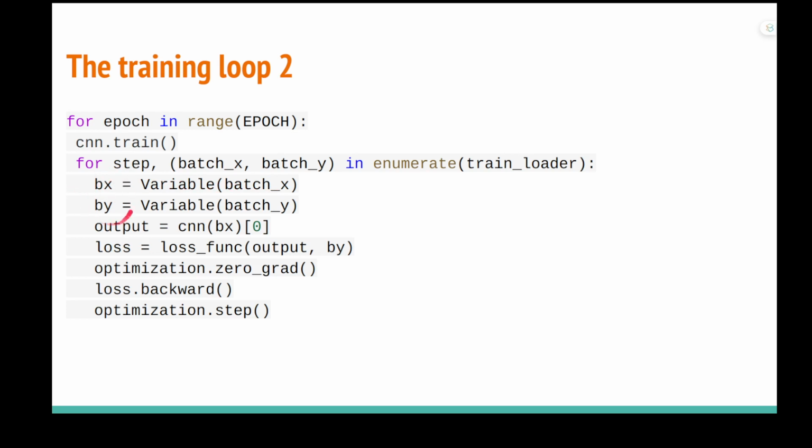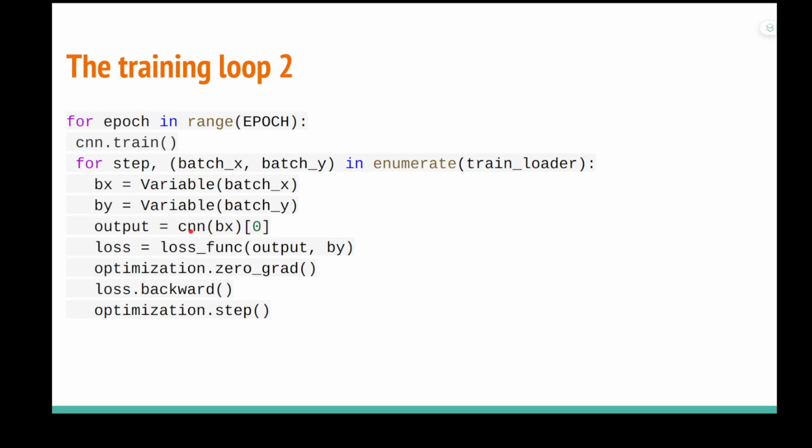So after we convert them into variables, we can feed these variables into the CNN to execute the model. This is very important, since you cannot send the tensor to the CNN directly; you need to convert it into a variable.